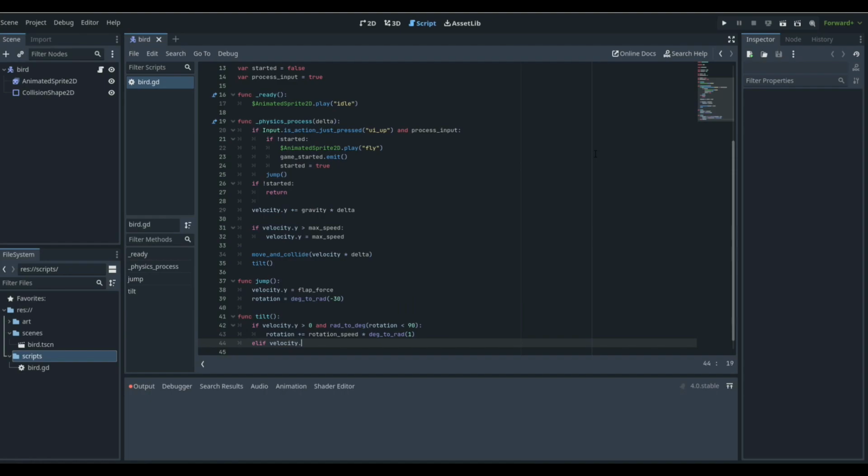dot y is less than 0, which means we're going up towards the sky, we're flying. rad_to_deg rotation, same exact thing. We want to make sure that we are not above negative 30, right? Because if we are above negative 30, which means we are higher than negative 30, which means we're facing more up,